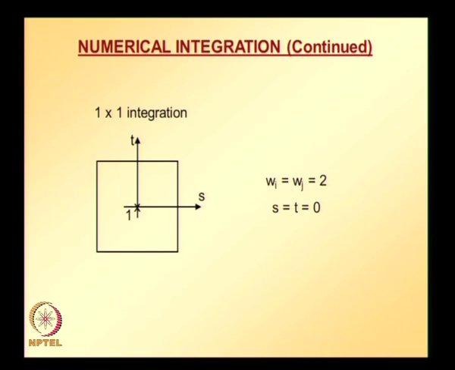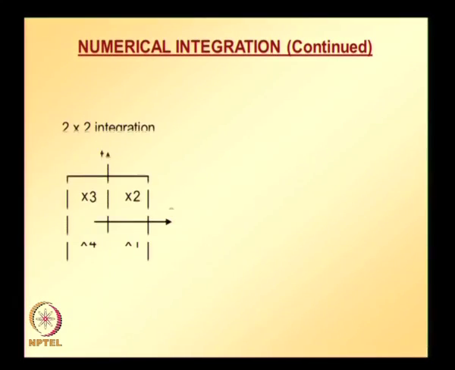So, weight along s direction is same as weight along t direction is equal to 2, and location is s is equal to 0, t is equal to 0. So, we need to evaluate function at 0, 0 and multiply with weight 4. 2 by 2 integration,